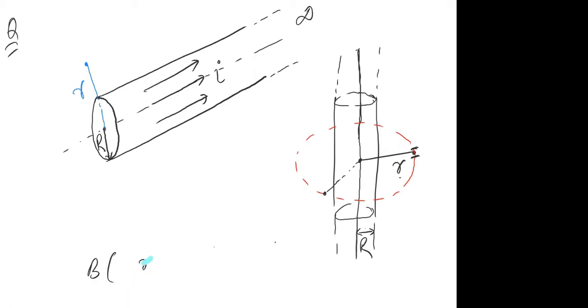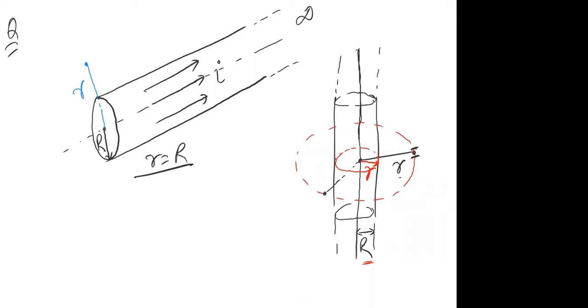Let me write it here. When small r becomes equal to capital R, if you take the Amperian loop here, it would be like this, right? It will have a radius exactly equal to capital R. Because when you are at the surface, the Amperian loop you have taken to enclose the wire will have radius small r, which is exactly equal to capital R. And if you apply the whole formula, you will get the same result. Just small r will be replaced by capital R.